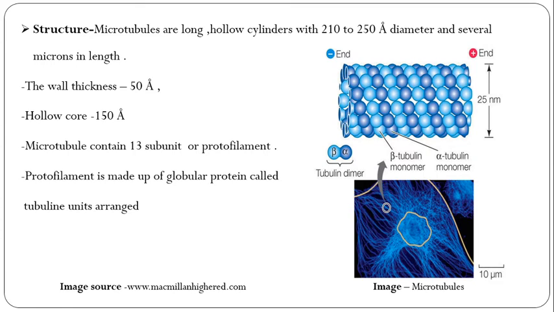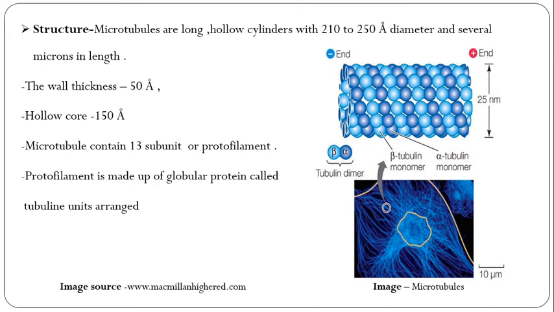Tubulin is a dimer composed of two similar but not identical polypeptides. The subunits are called alpha tubulin and beta tubulin, with molecular weights of 55,000 to 57,000 respectively. The amino acid compositions of the two subunits are similar, and the alpha and beta tubulin units are arranged alternately in the protofilaments. The tubulin units are arranged in a helical manner. Here the dark blue color is the alpha tubulin monomers, and the light sky blue color is the beta tubulin monomers.